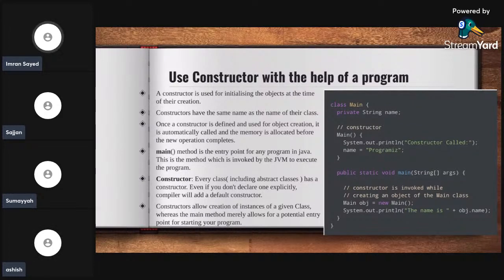रियल टाइम एग्जाम्पल तो मुझे सोचना पड़ेगा, लेकिन सिंपल सा वर्ड है कि कोई भी क्लास है, हो सकता है उसमें किसी चीज़ की ज़रूरत उसको शुरू में पड़ती है, किसी भी डेटा की, जैसे नेम हो गया। फॉर एग्जांपल अगर स्टूडेंट का क्लास है तो स्टूडेंट क्लास में कुछ चीज़ें ज़रूरी होंगी ही, शायद नेम हो गया, एज हो गया, फॉर एग्जांपल रोल नंबर हो गया। तो वो सारी चीज़ें हम कंस्ट्रक्टर के अंदर डिफाइन कर सकते हैं। और हमें पता है कि जब क्लास इंस्टेंशिएट होगा तो कंस्ट्रक्टर ऑटोमेटिकली कॉल होता है,